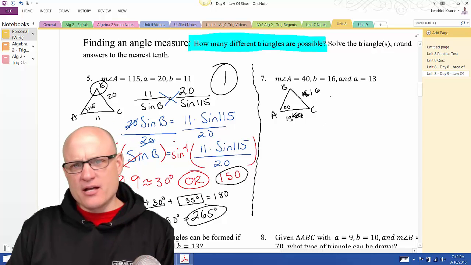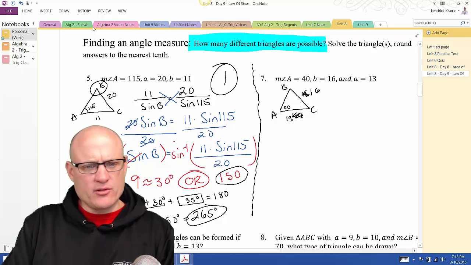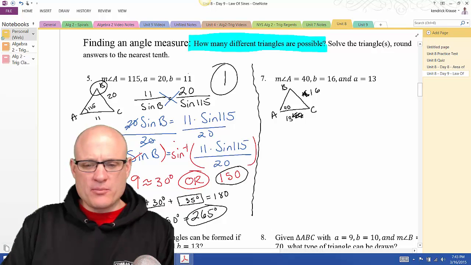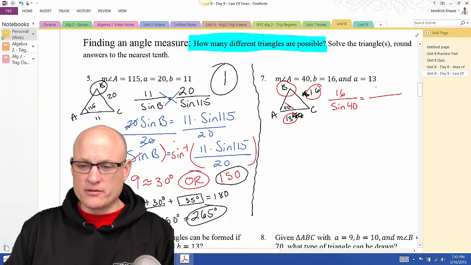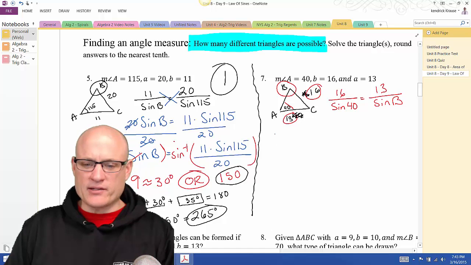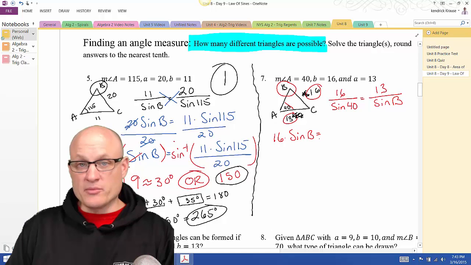I'm loving it. So, based on this ridiculous drawing, I've got angle A and side a. So let's start with that. 16 over the sine of 40 is equal to 13 over the sine of B. Okay, so if I cross multiply, I get 16 times the sine of B equals